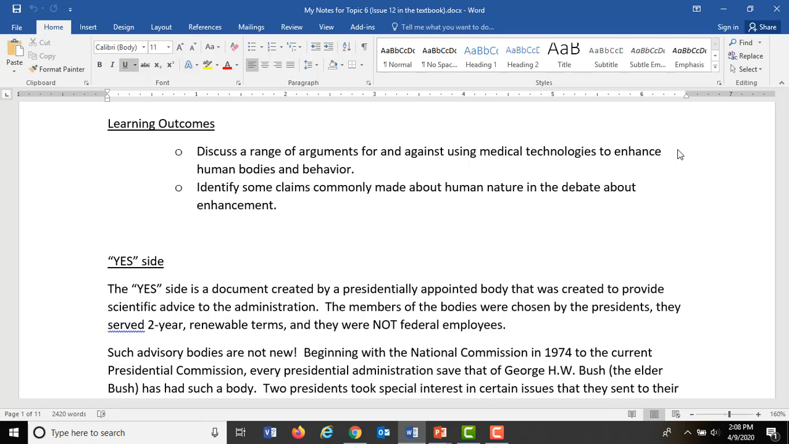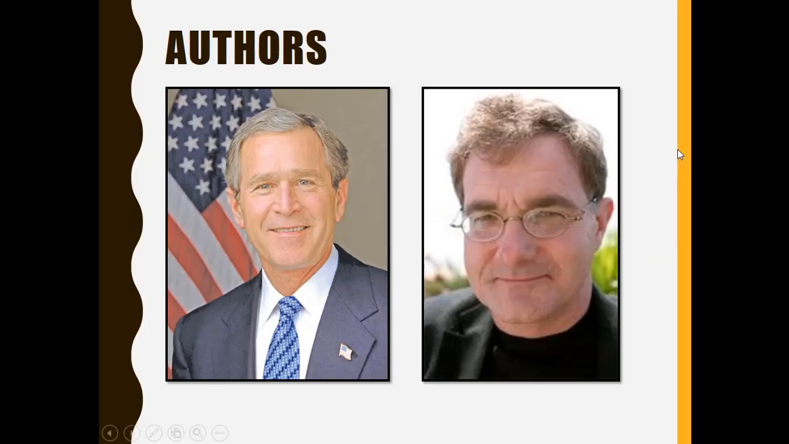Let's look at the authors, because this is not only applicable for this topic but also for the next. And so this whole presidential commission we're going to be looking at is just nice for us that it's going to happen on 2 consecutive topics. But let me jump on over to the other file. Okay, so the author of the yes side of this issue in the textbook is a presidentially appointed body. It's a scientific